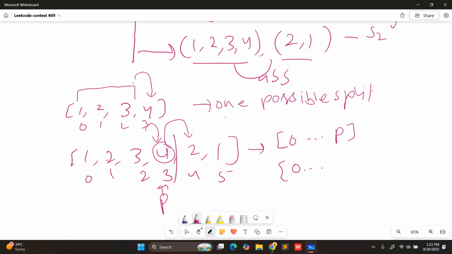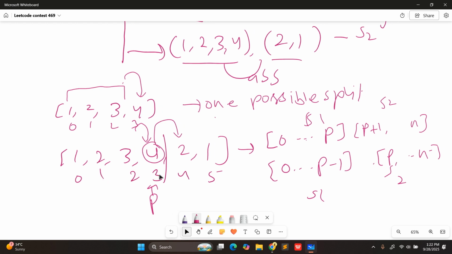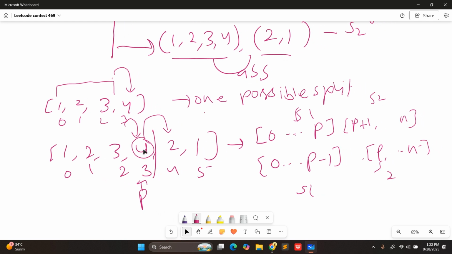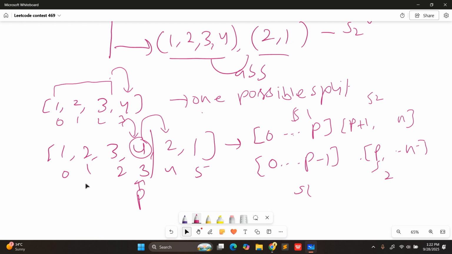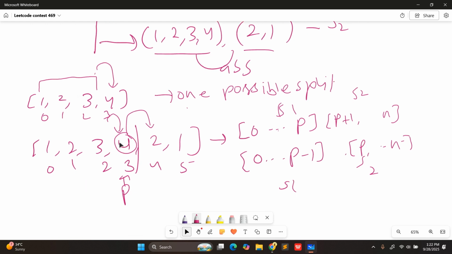In this case, the left part is up to the p minus 1 index, and the next part is p to n minus 1. In the other case, it is p plus 1 to n. So there are two valid splits, split 1 and split 2. There are two cases which we actually need to handle, and this is the only case we need to think about more,